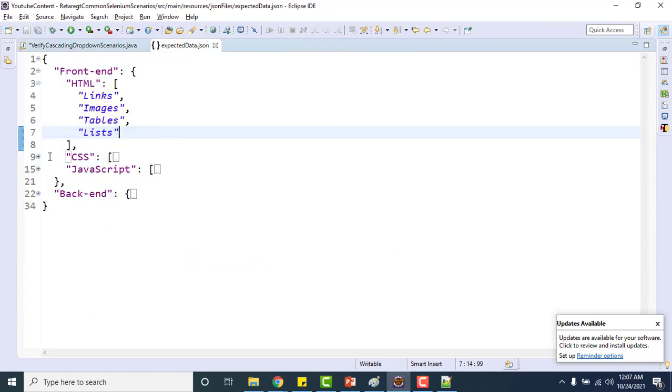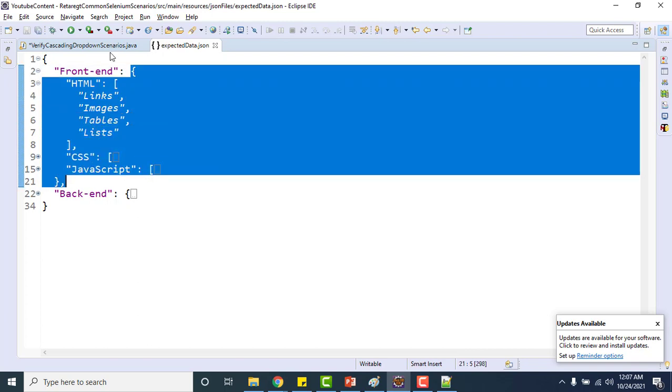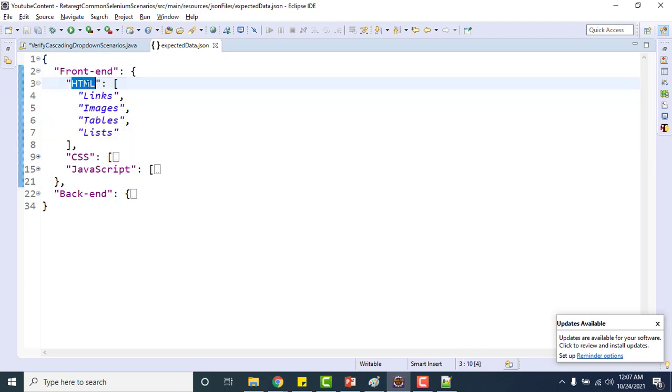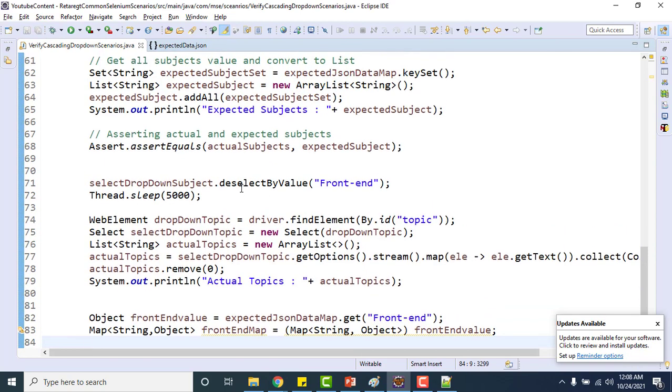We have this value, right? I know that once you set front end, HTML, CSS and JavaScript are the topics. I will do the same thing again: I will go and get the key set, whatever I did here. Let me use the same thing.